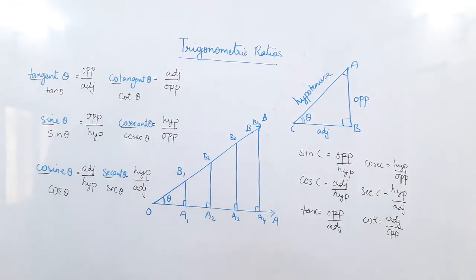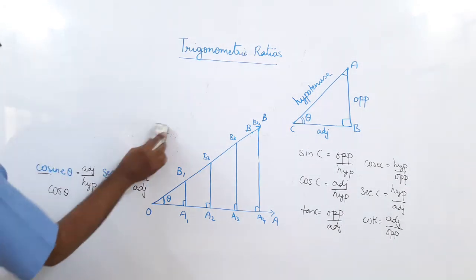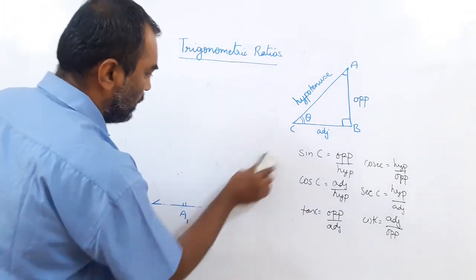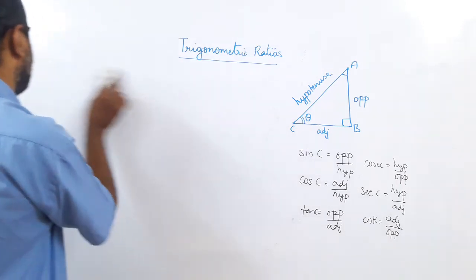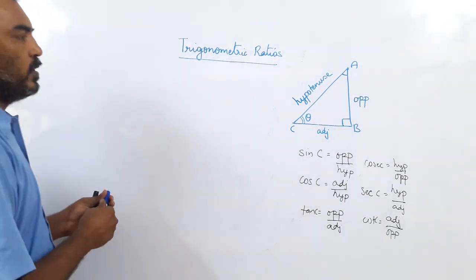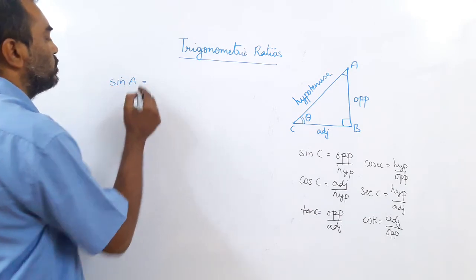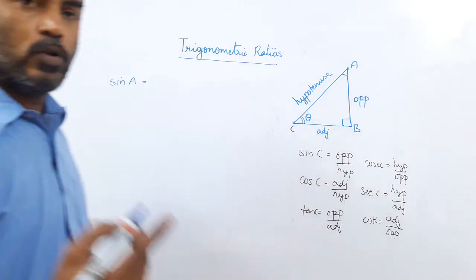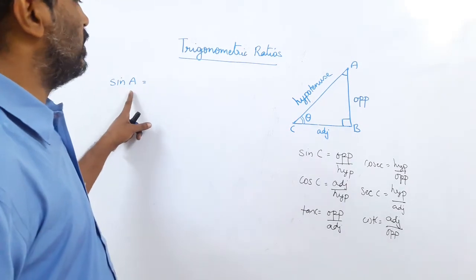Okay? Follow? Now, we'll change something else. Now I do not need this, so let it go. And now something will change here. You will see what will change. But first things first, understand the names. Now, if I say sine A, so sine ratio is always opposite upon hypotenuse. Remember, what is the sine ratio? Opposite upon hypotenuse. But here I have taken the angle A.